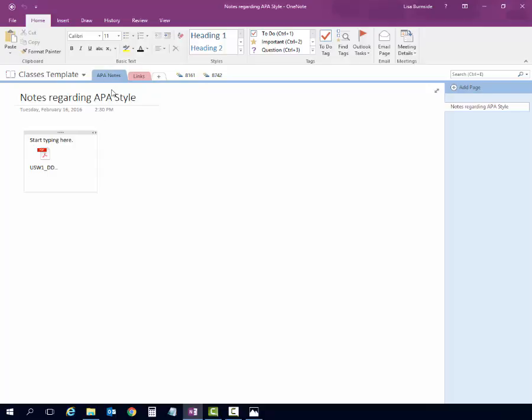These are the ones that I think I put in just for overview for everything that we do kind of at Walden. I keep these sections in here to keep each of my class information organized, and hopefully that will help you. Every time you put something in, the system automatically saves it for you. Now, the first time that you do it, it will ask you to add a Microsoft account. If you don't have a Microsoft account, take the time to get a free Microsoft account, because what this will